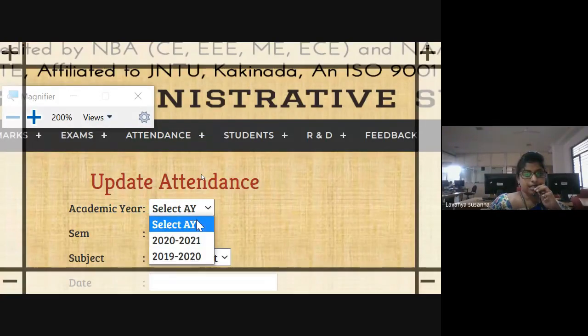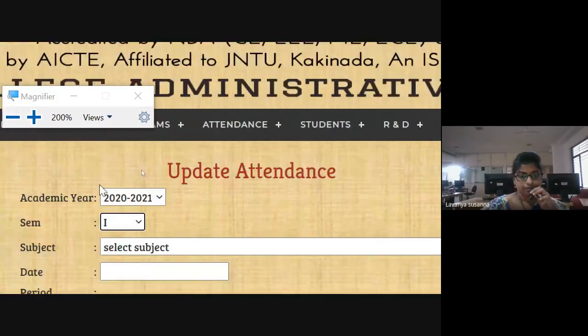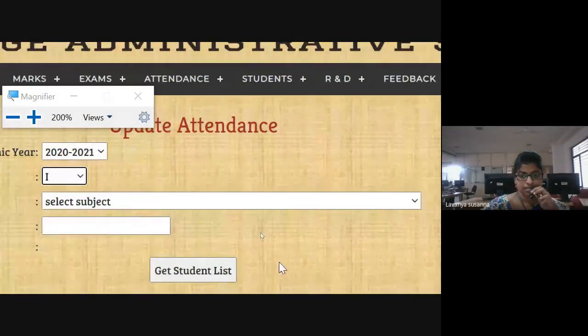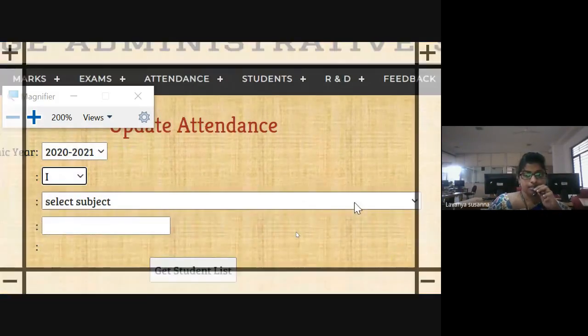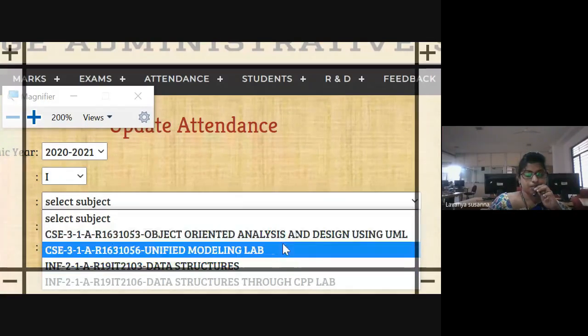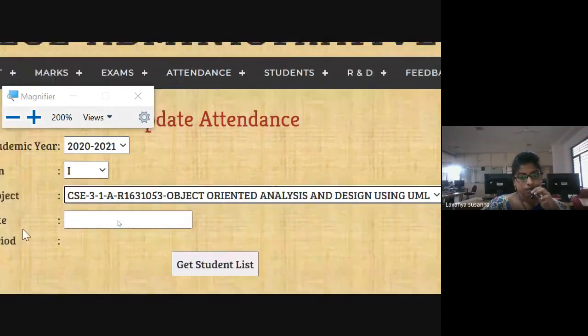First, I need to select the academic year. After selecting, I need to select the semester. After selecting the semester, the subjects I'm teaching in this semester will appear. I need to select one of the subjects for which I need to post the attendance.